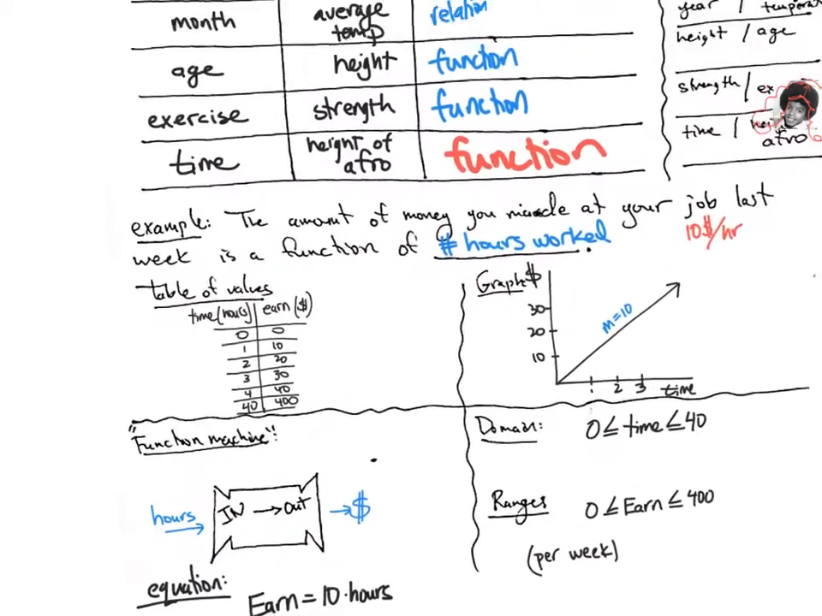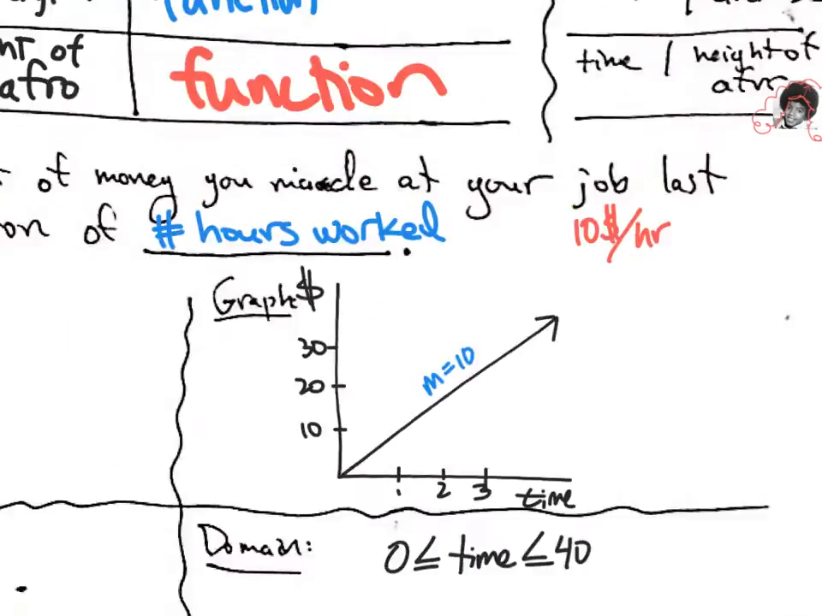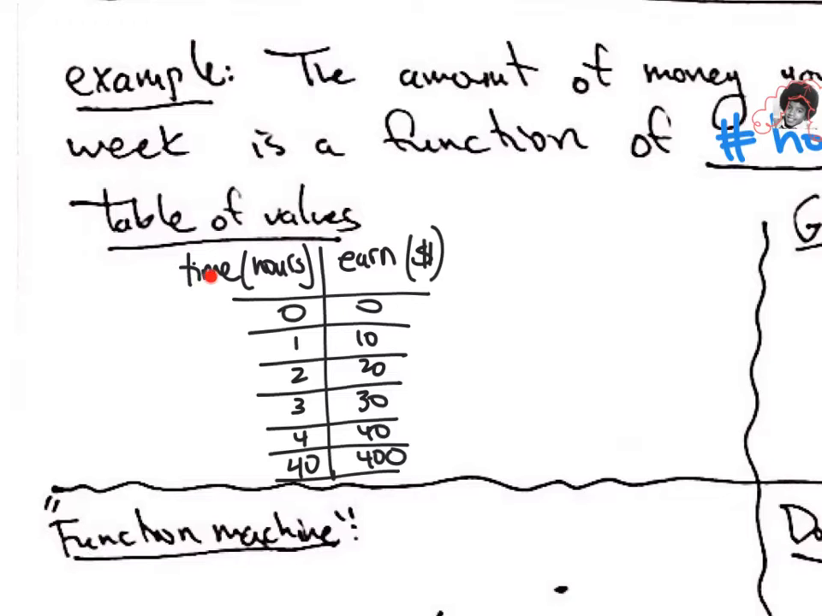So first example, the amount of money you earn at your job last week is a function of the number of hours you worked. So let's say for this example that you earn $10 an hour at your job. So, that's pretty close to minimum wage, I think, at this point. So table of values, we could have time in hours, earnings in dollars, and notice how I have this set up in a nice table format. And I put this down here, a value of 40, because this is per week. So 40 hours per week, and you would earn $400